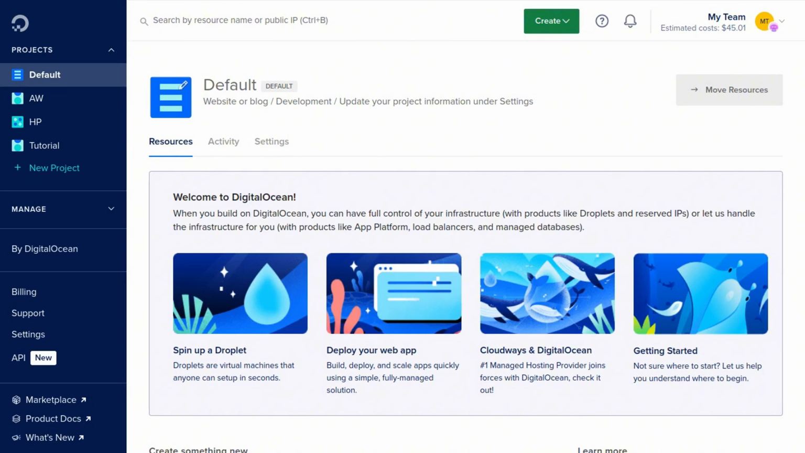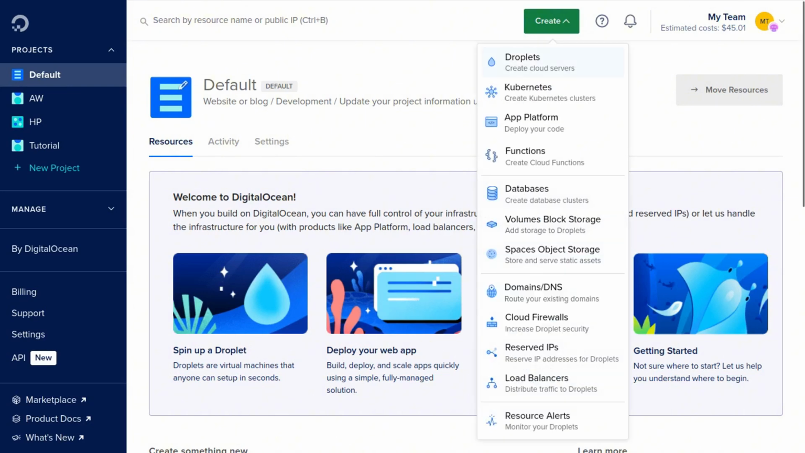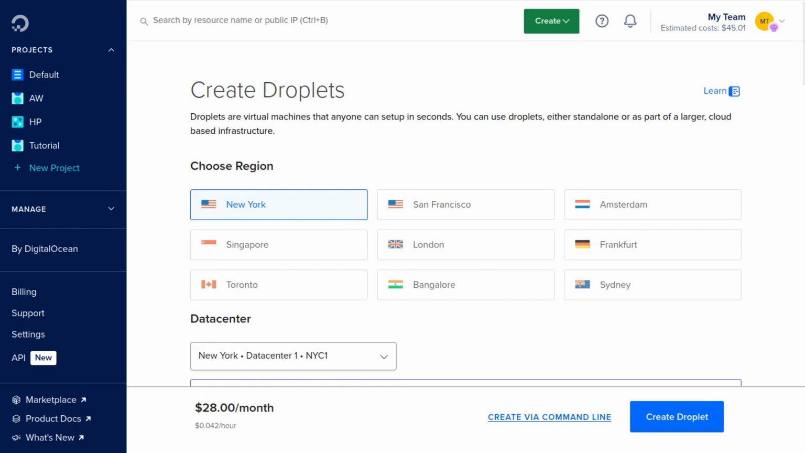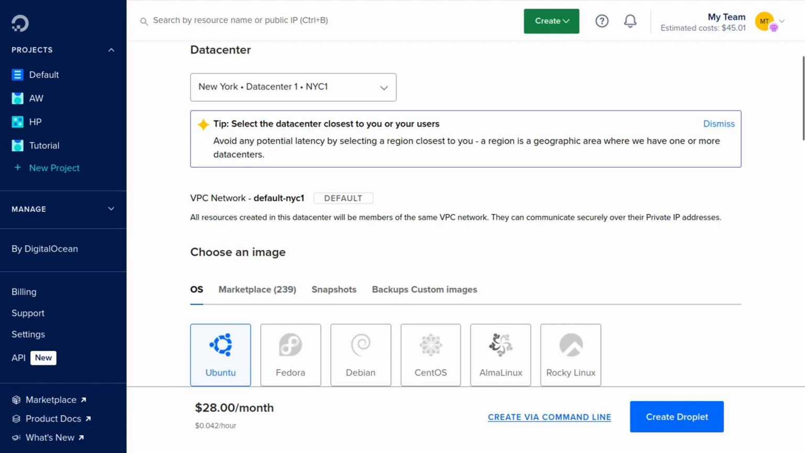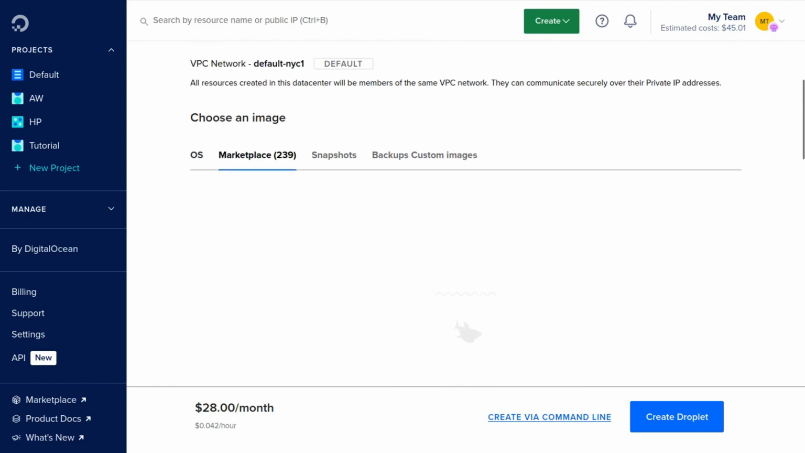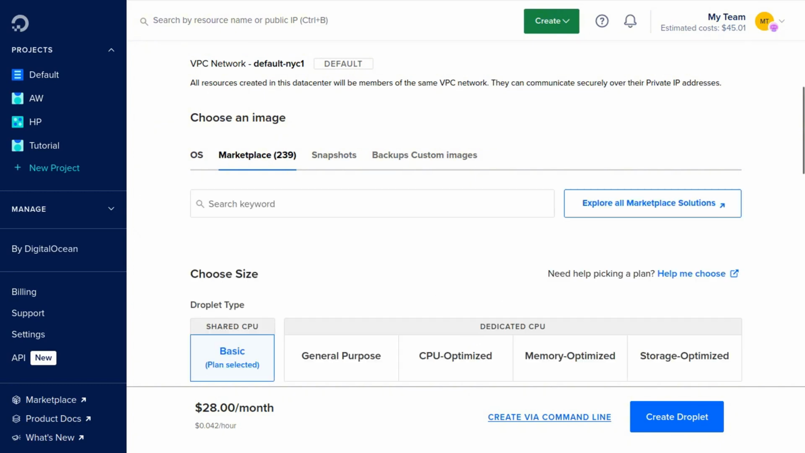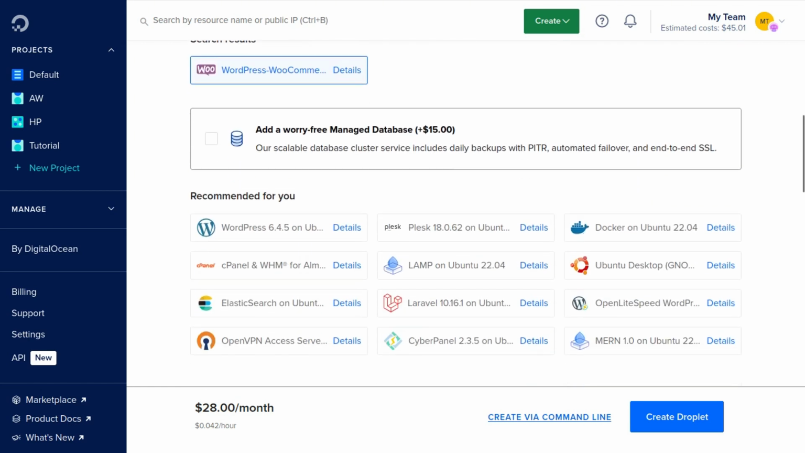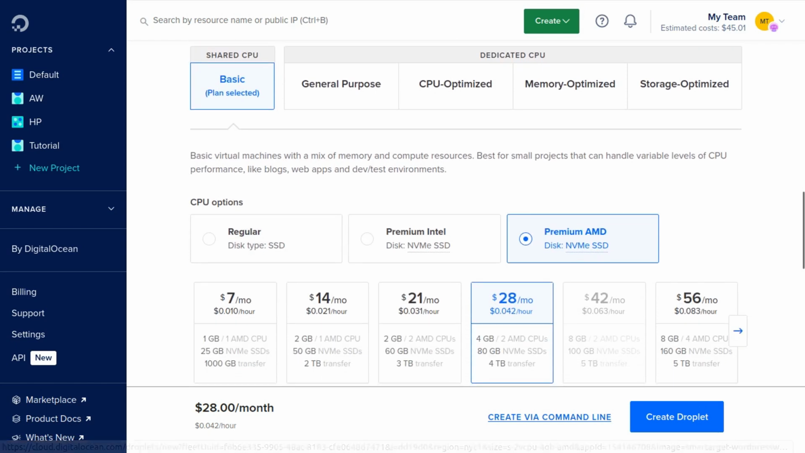And now that you've signed up and you're in the dashboard, the next step is to click Create in the menu and click Droplets, which will allow you to create a server. DigitalOcean calls servers droplets. And you can go ahead and select the region of your choice, and then you can scroll down and click Marketplace. And we're gonna type in WooCommerce. Then we're gonna click WordPress WooCommerce, and we're gonna keep scrolling down, and then we're gonna select